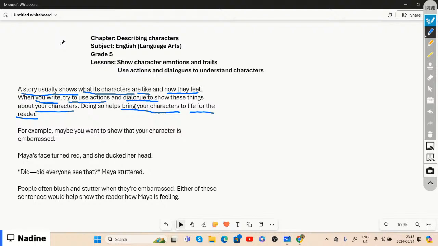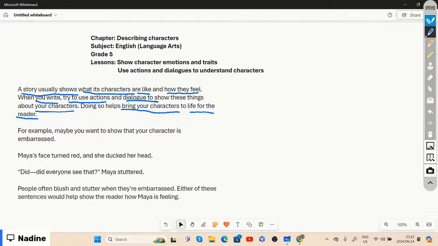Which means that the reader will automatically be able to identify that Maya is either feeling embarrassed or she's feeling shy, right? Because usually when your face turns red and someone maybe ducks their head, then it's either showing that they are shy or they're embarrassed, right? Or they just don't want the face to be shown,